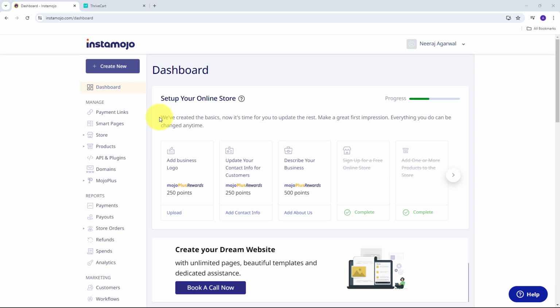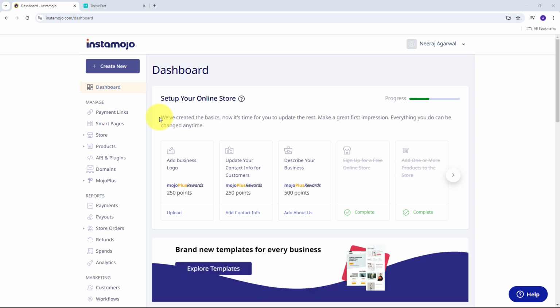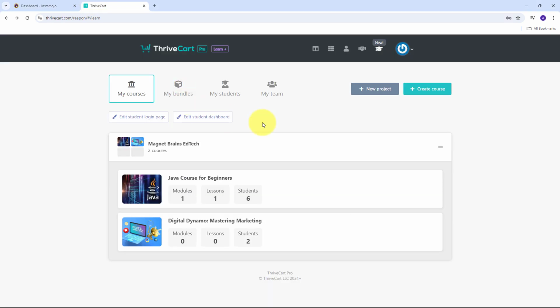I hope you can all see my computer screen, and today we are going to see how we can enroll users in ThriveCart Learn Plus on Instamojo payment. If you are selling online courses, workshops or digital products, then managing enrollment manually can be a daunting and time-consuming task. So by automating the enrollment process, you can save valuable time, reduce errors, and provide a seamless experience